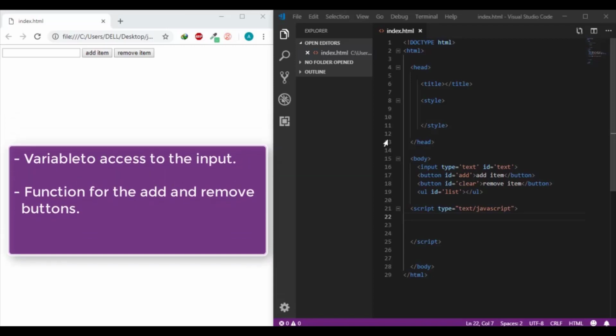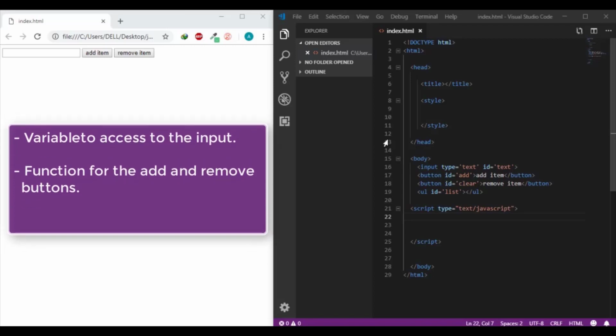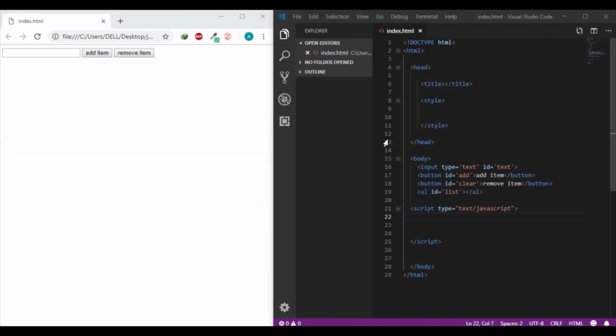And we will make a function for the add button and another function for the remove button. I hope now you are focused, because we have new things here, like how to make the list using JavaScript, and also we have two methods, append child and remove child. So let's start with the variables,